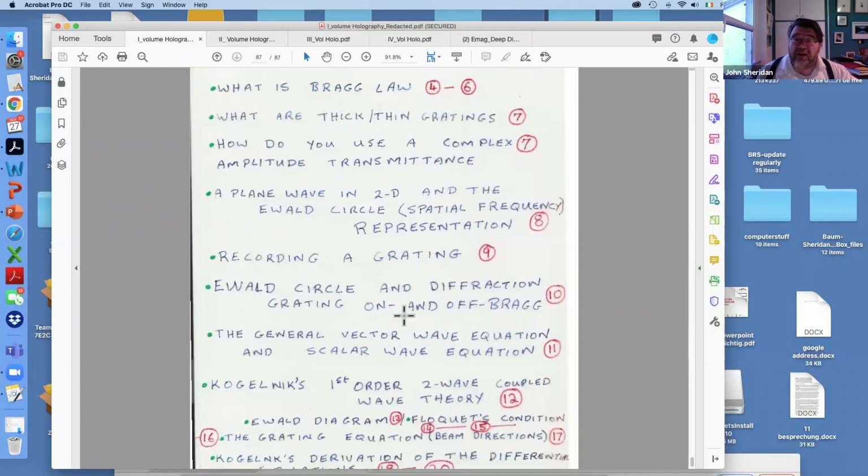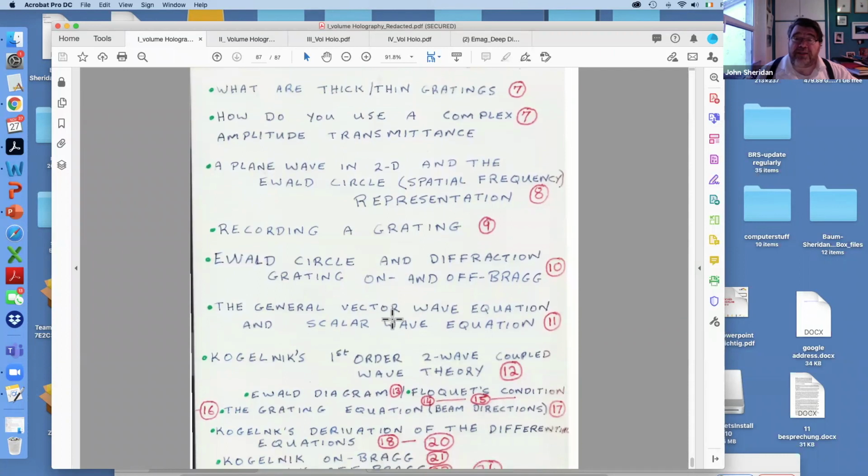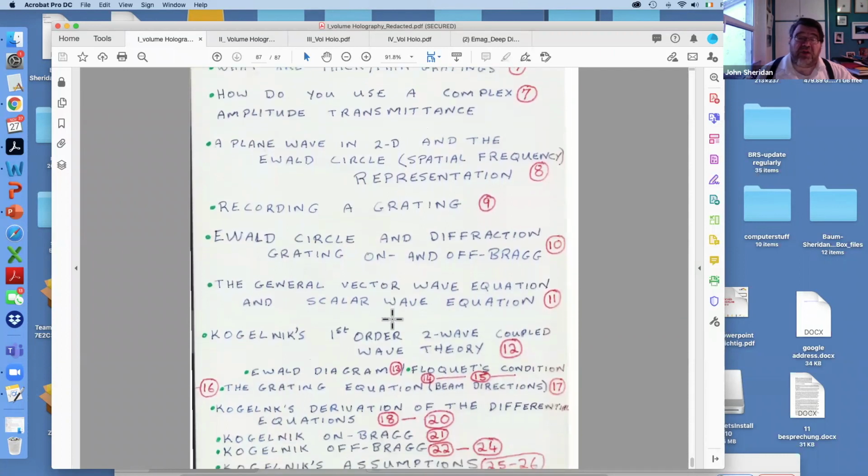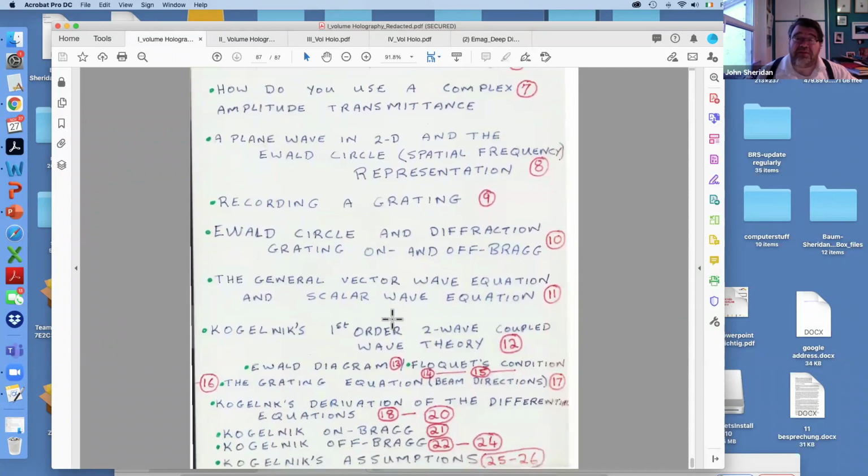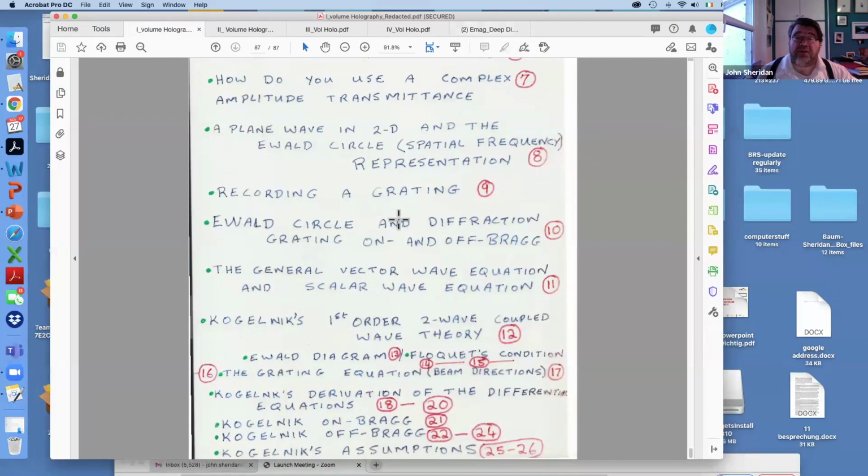What are thick and thin? We haven't given the maths, but we've given the formulas which govern it, and we've given you examples. How do we use complex amplitude transmittance? This very simple single scatter type model, a kinetic model, a wave plane in 2D, and the Ewald circle. We're going to be using these as we go through, recording the grating, the interference pattern, the Ewald circle, and